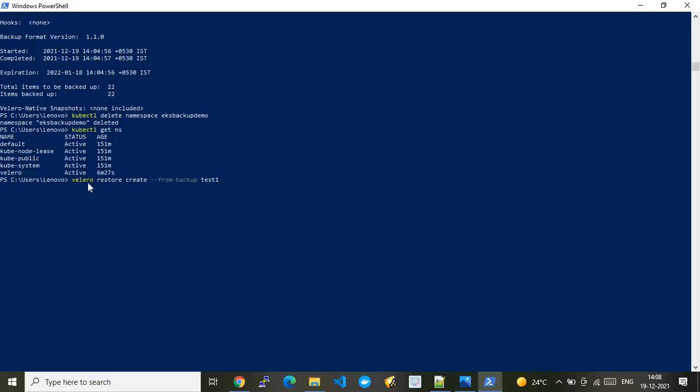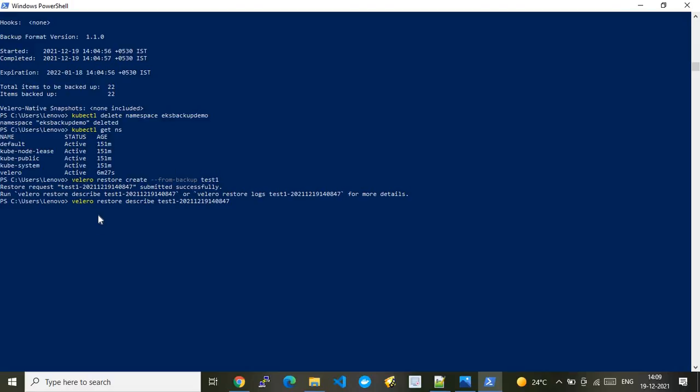So what we are doing is I'm using the Velero client again and invoking the restore. Create a restore from the backup which is there in the test one. All right, so let me do the test one restore. Test one is nothing but this EKS demo application restore only. All right, so here is very quick, right? It says that it has successfully done its job. So let's describe that and see if the restore is successful.